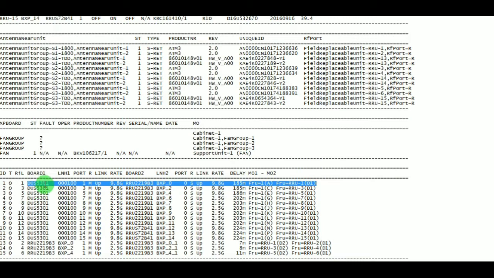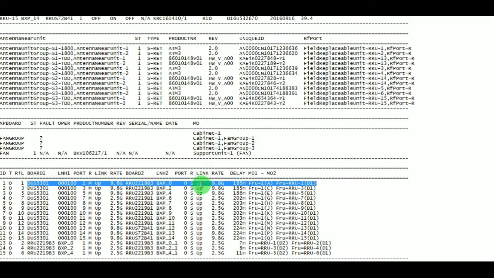As we know, DUS 5301 is a software name of the baseband 6630, and the link status shows up, which means the connectivity is okay. The link rate is 9.8G, which means here we are using the RDH 102.65/2 SFP module, and the far end, the remote end, is RRU 2219B3.